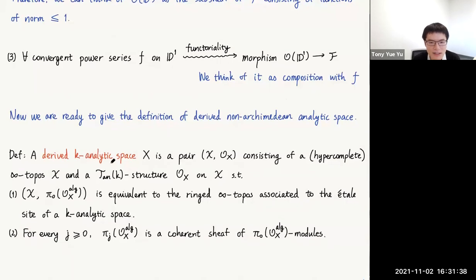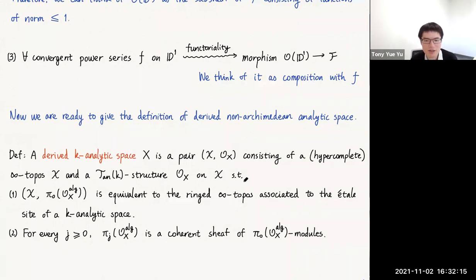A derived K-analytic space is a pair (X, OX) consisting of, here I put the word that was mentioned by Qing Yuan a moment ago, hypercomplete. It's just a technical condition on the topos, and we put it for our convenience. So it's a pair consisting of a hypercomplete topos X and a T_an(K) structure OX on this topos